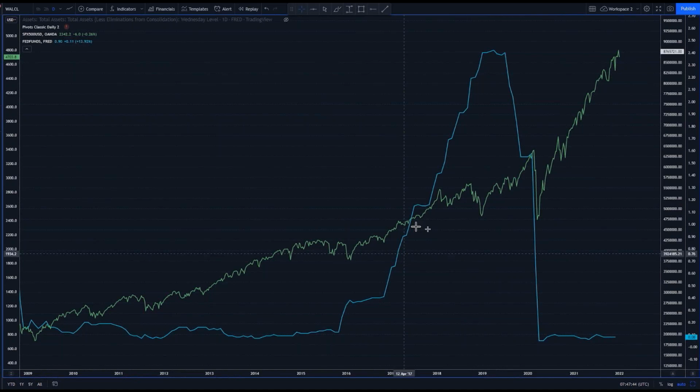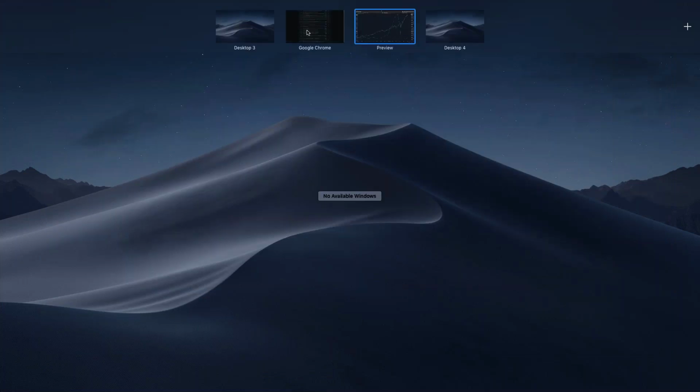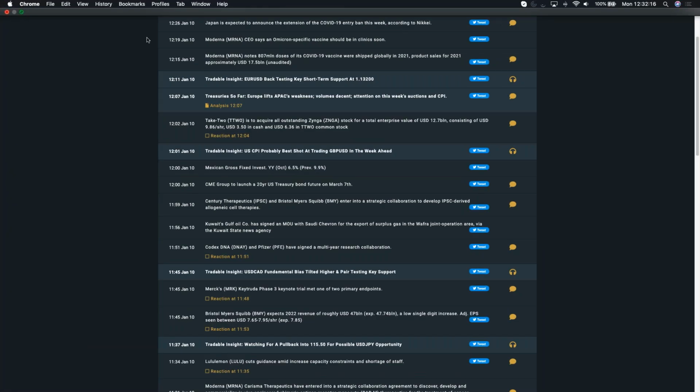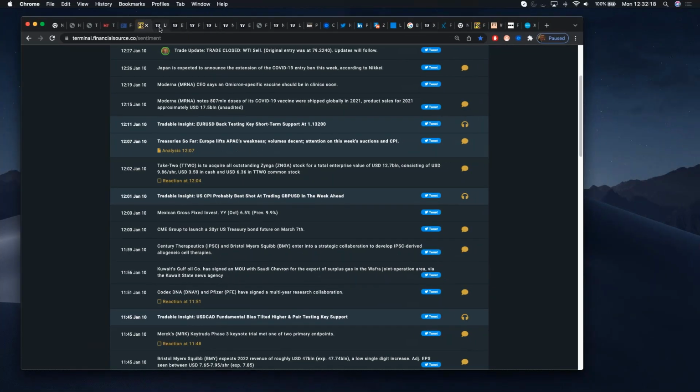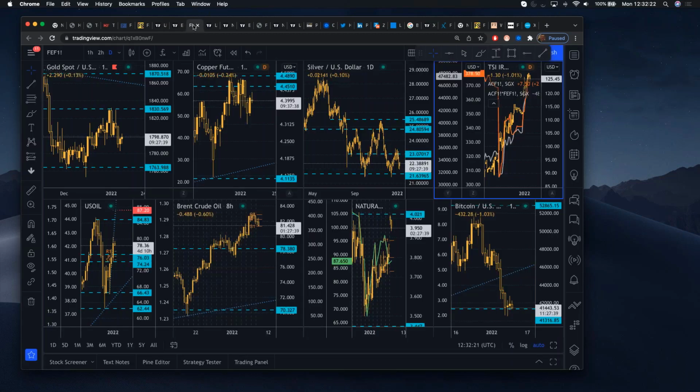Now, if you just take a look here, if you look at the turquoise line, that's the increase in Federal Reserve interest rates. If you look at the green line, that's the rise in US stocks, the S&P 500 index. So what you can be forgiven for thinking recently. We've seen the Nasdaq. You look at the Nasdaq recently, and we suddenly saw the Nasdaq falling quite significantly last week, didn't we? If we just take a look here at stocks, let's just go over to the.